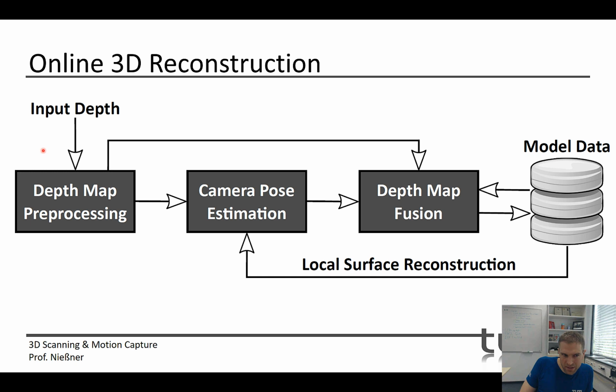And the reason, when I started explaining this, I said at the beginning, when you get the first depth map, this model here is empty. Then what you do is you just initialize the camera pose with the identity and say, hey, this is our camera frame model right now. Okay,